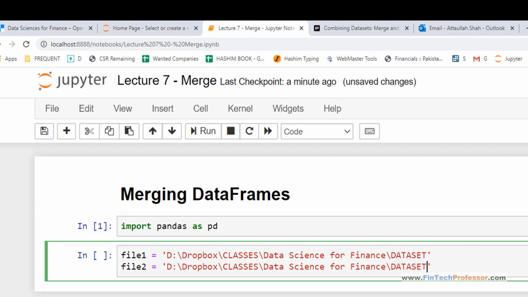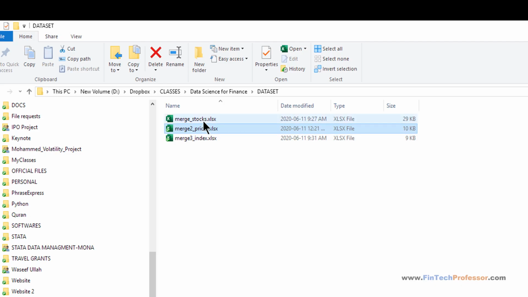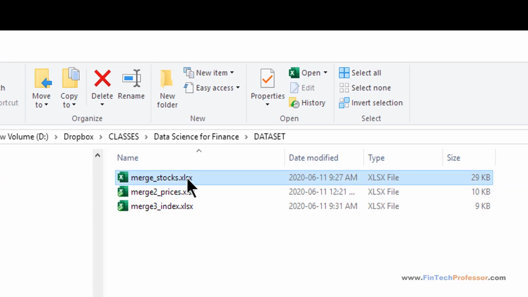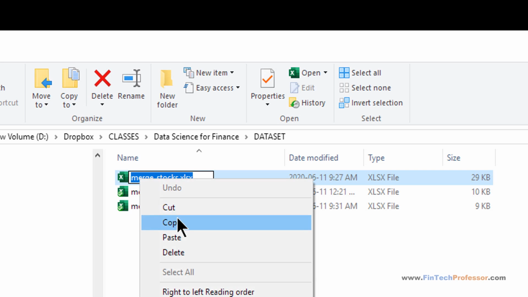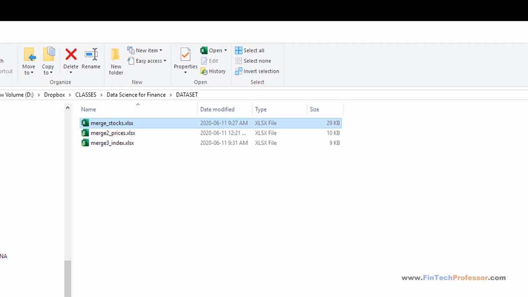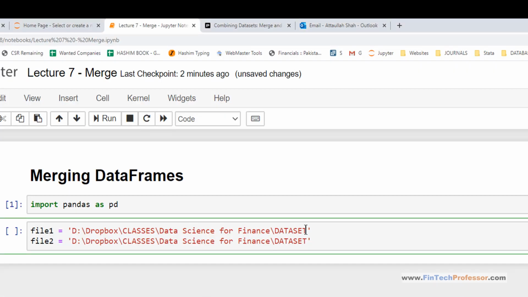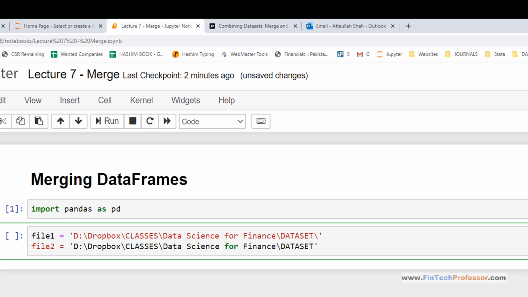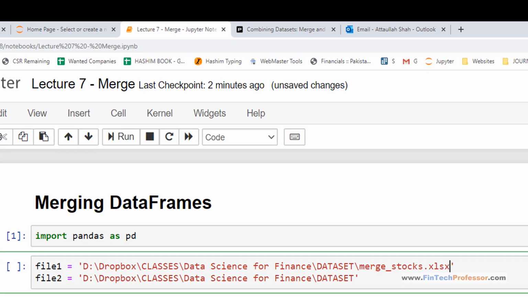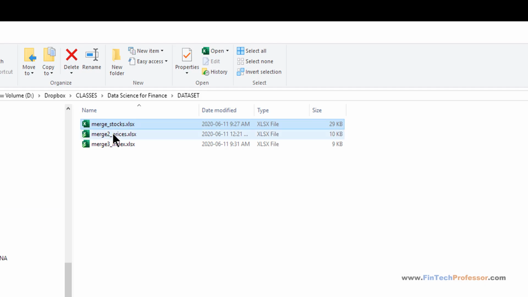And now the file names. Make sure that there is a backslash between the folder address and the file name. Let's do the same for the second file.